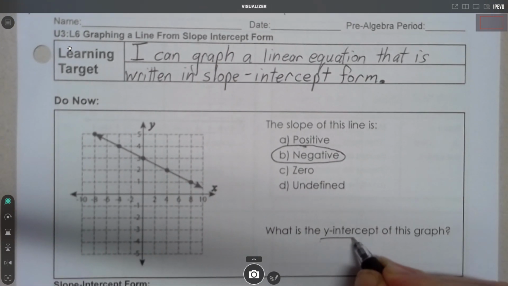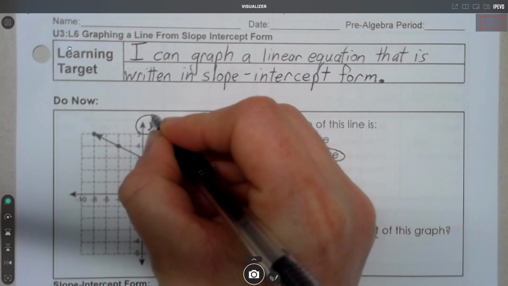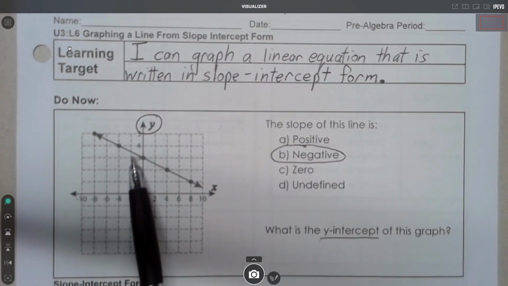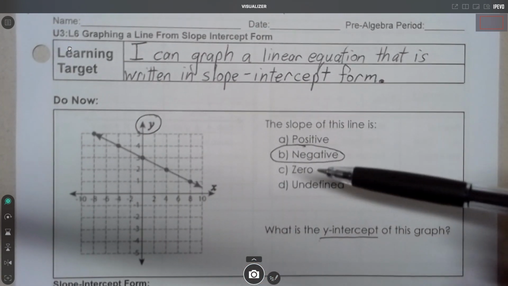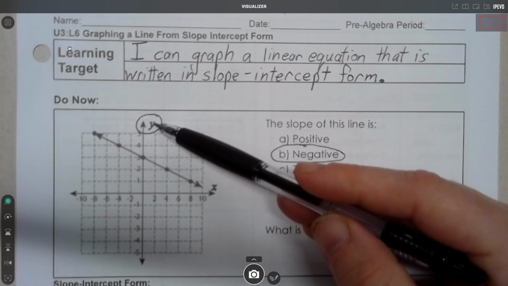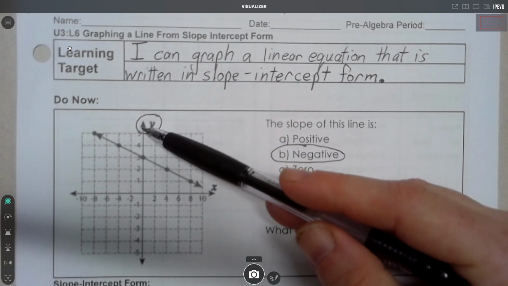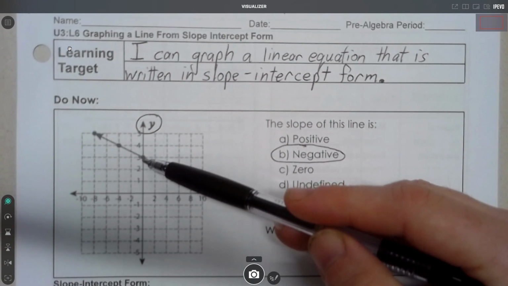So the next question is, what is the y-intercept? So the y-intercept from our previous lesson is the location where the graph touches the y-axis. So my method is to circle the y, find the y-axis, and then travel down the y-axis until I touch the graph. So this point right here is the y-intercept,